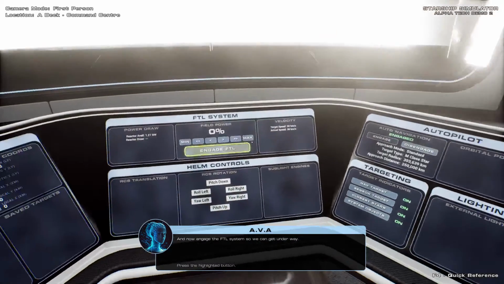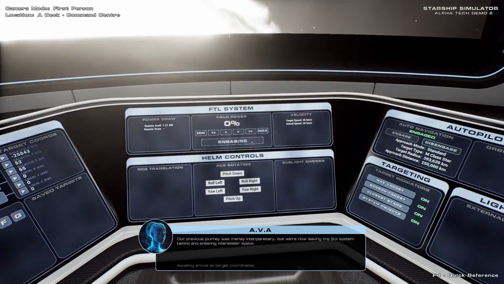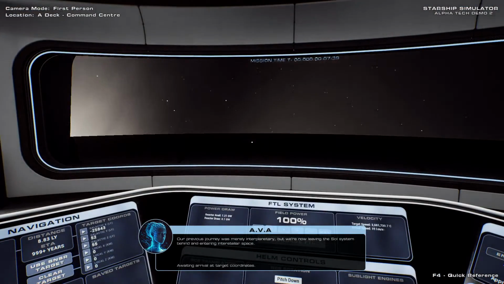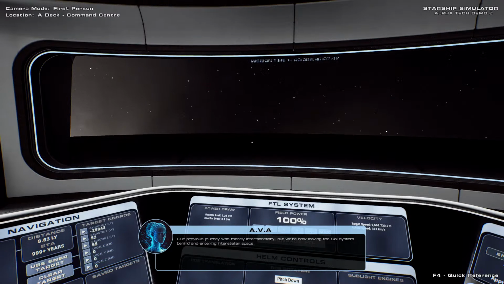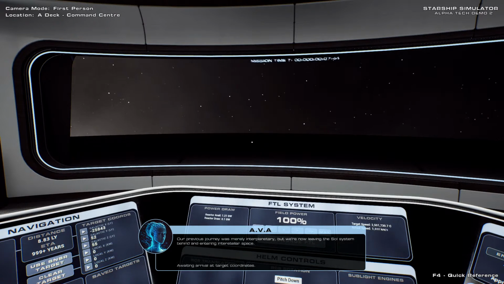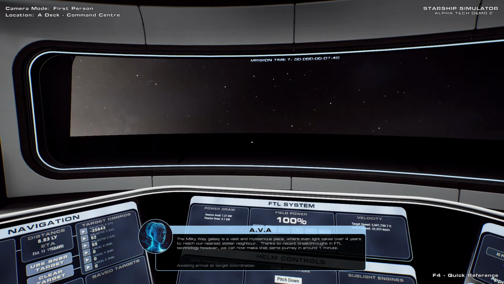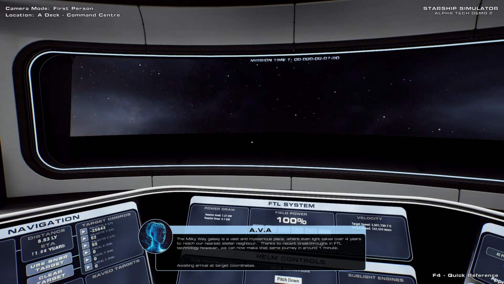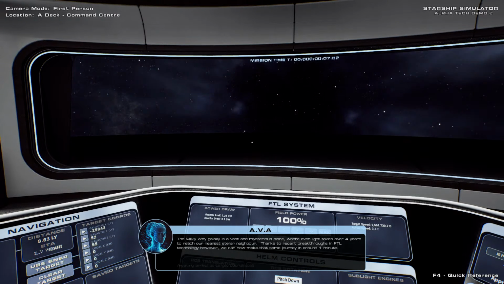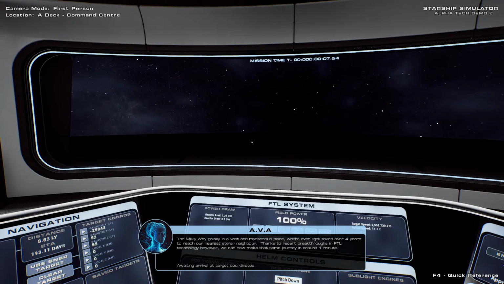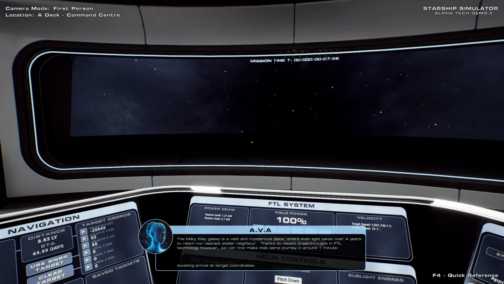And now, engage the FTL system. Our previous journey was merely interplanetary, but we're now leaving the Sol system behind and entering interstellar space. The Milky Way galaxy is a vast and mysterious place, where even light takes over 4 years to reach our nearest stellar neighbor. Thanks to recent breakthroughs in FTL technology, however, we can now make that same journey in around